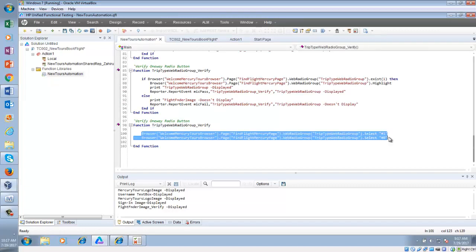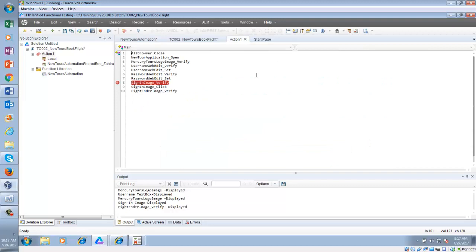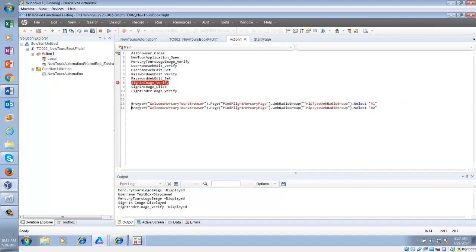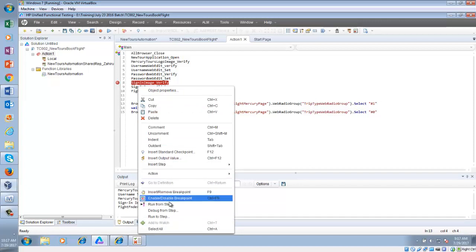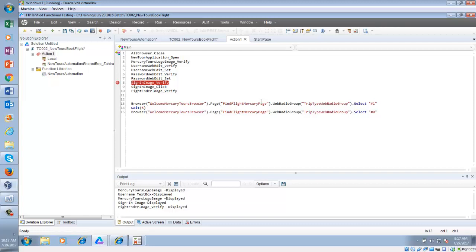Let me copy these lines of code, and instead of going through the whole execution, I'm going to put this code here, and in between these two I'm going to put a wait of 2 seconds, or let's say 5 seconds or so. Right now if you execute from this line... My question is, if you put it like this, is it okay, or do I need to put 0 first, then 1?